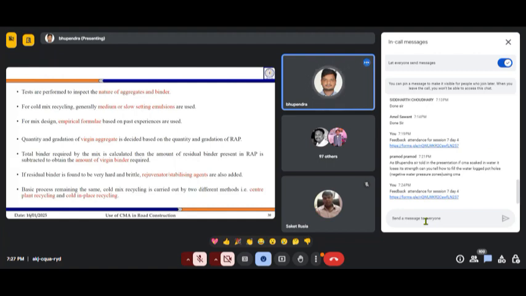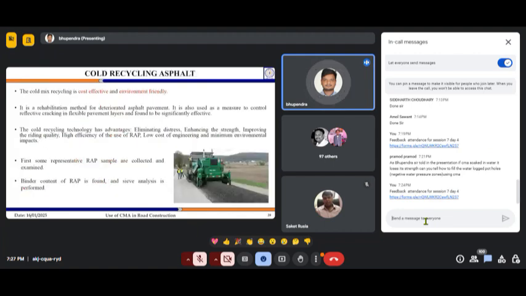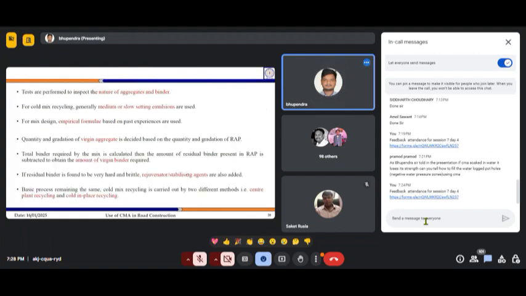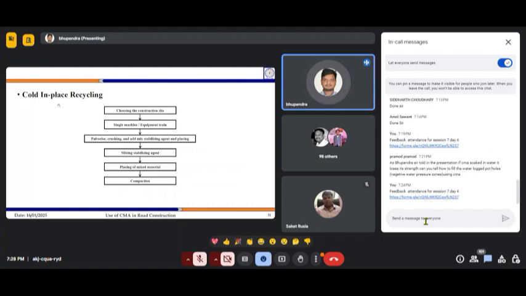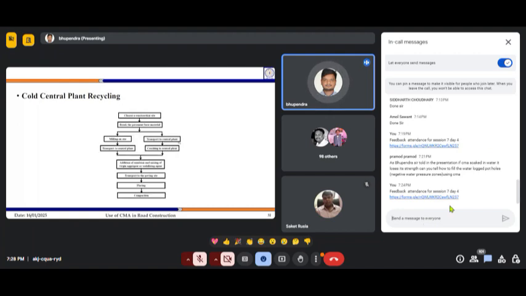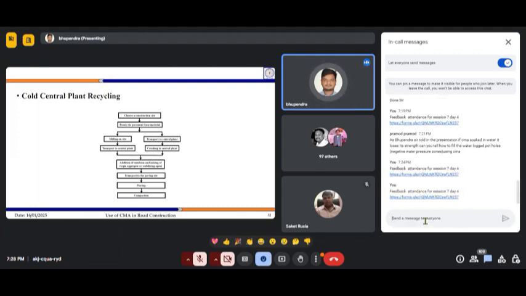So if we feel that, we add some rejuvenators and mix all this together and then lay it. Here you can see they are taking out this mixture, then mixing the additional bitumen, rejuvenator and aggregate in this machine, and then laying it down again. Behind them you can see the newly laid road. Depending on the case, it can be cold in place recycling, meaning you do everything on site, or central plant recycling, meaning you take the material to the plant, do the mixing there, and then bring it back and do the construction.